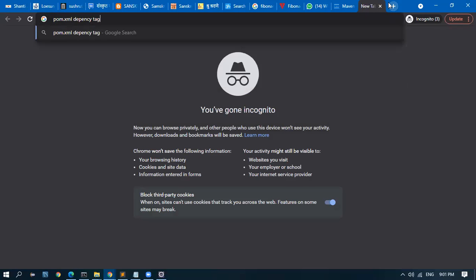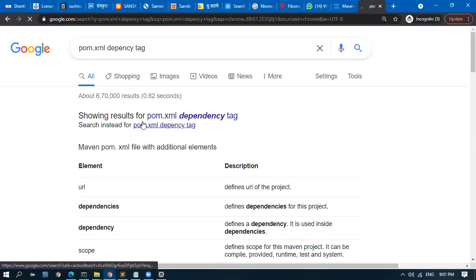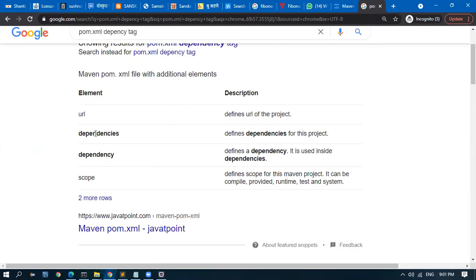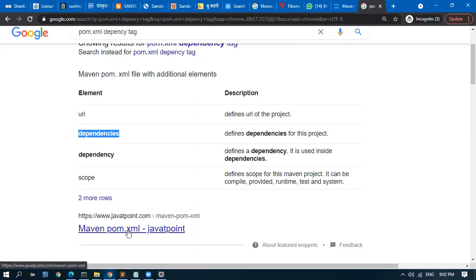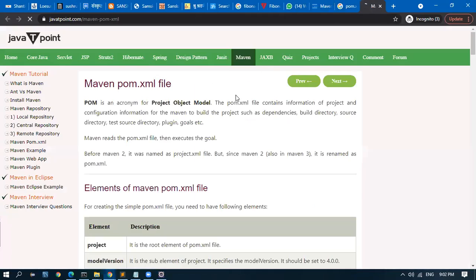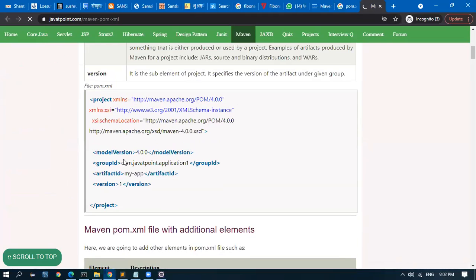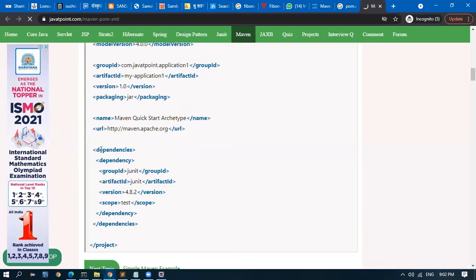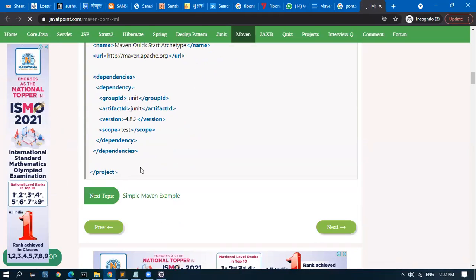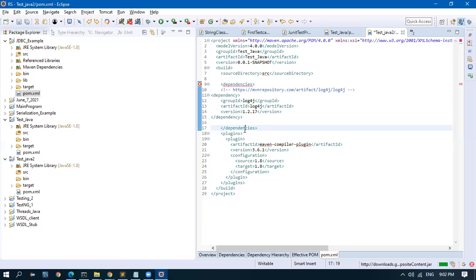Pom.xml dependency tag. So dependencies, that's what I gave. Dependencies, dependency. That's correct only.